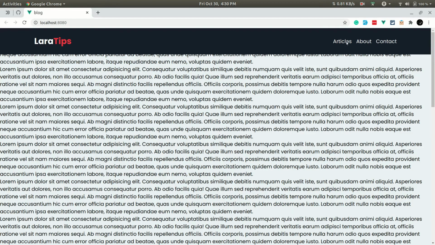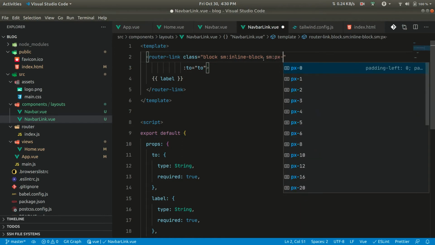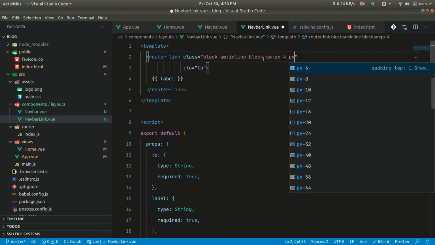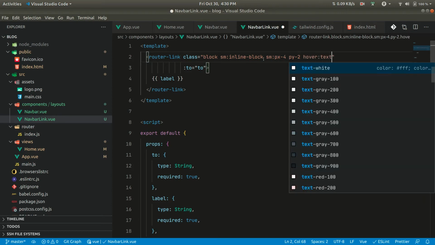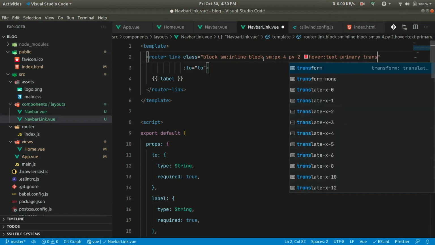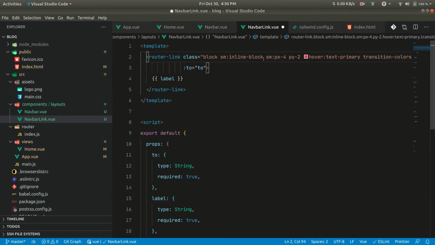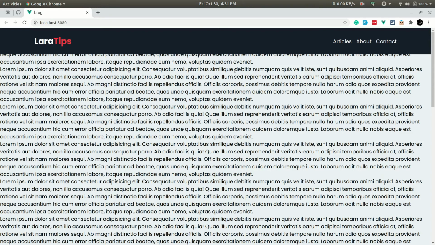So we can see here it is so close to each other, so let us give some classes as well. So we can say padding 4 inside, padding 2 we can give, hover primary. We can transition colors when it is hovered, and we can give duration up to 300. Yeah, now if I go here and if I just refresh the page here,